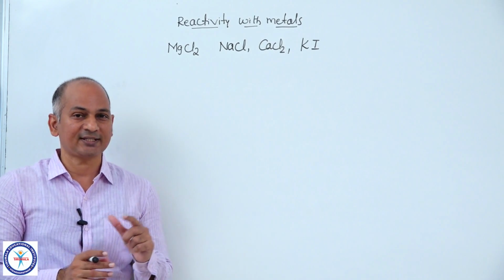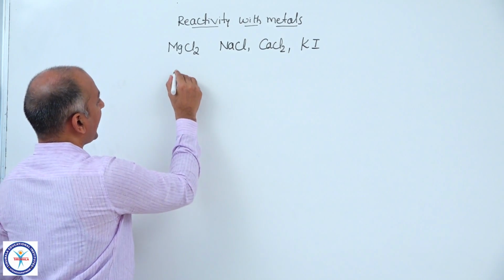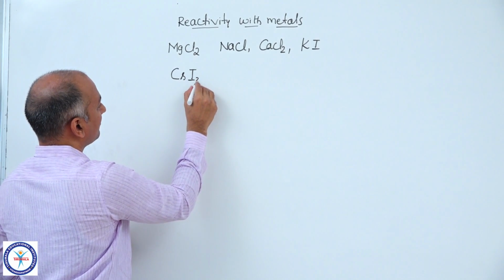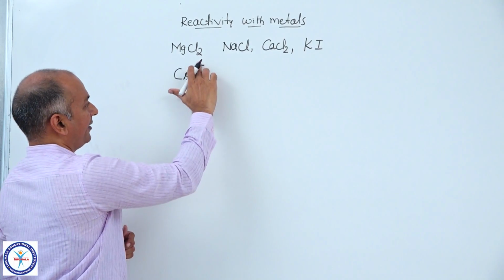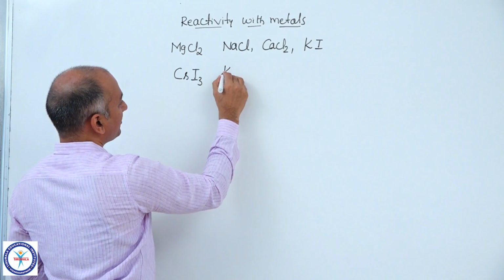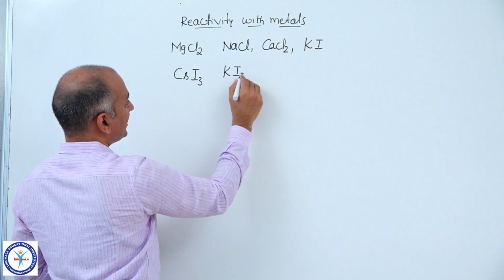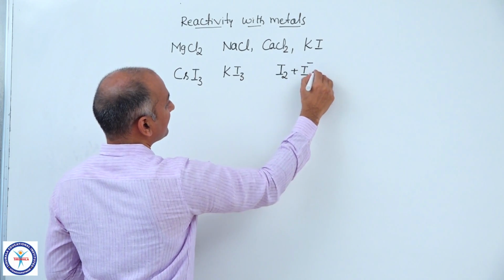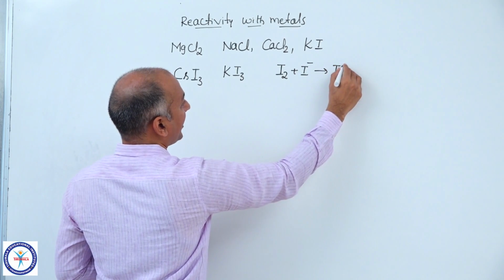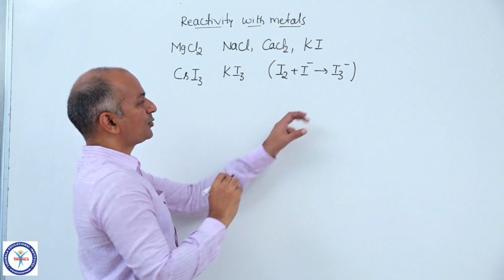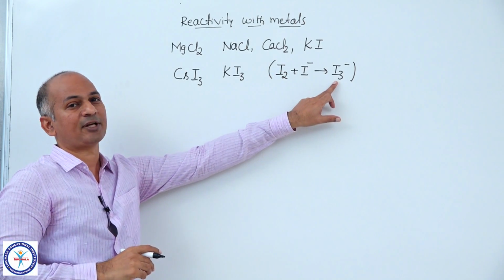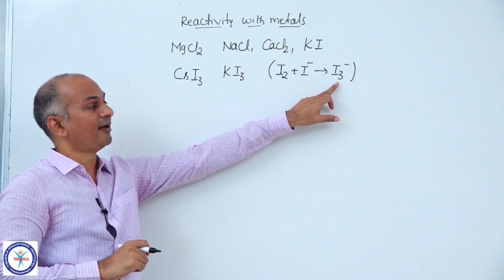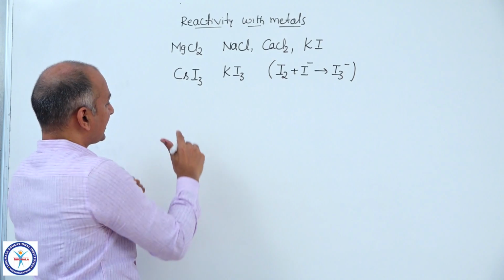And in previous classes, all of you must have seen one particular halide which is a little confusing. That is cesium triiodide, even potassium triiodide, which contain I3 minus. I3 minus is nothing but I2 plus I minus. You will get I3 minus, triiodide ion. Even in the previous class we came across this particular ion, in which iodine is in minus 1/3 oxidation state. Okay, if you come to some other metals like Fe,